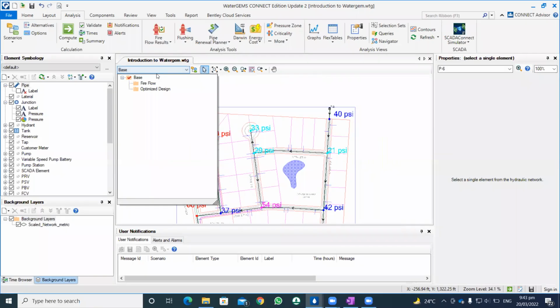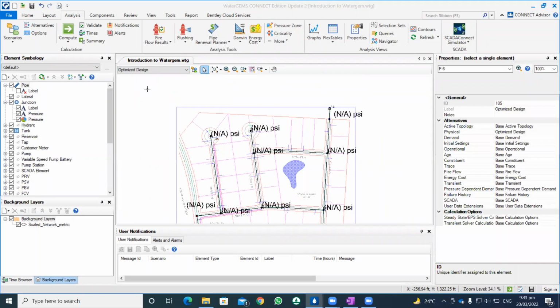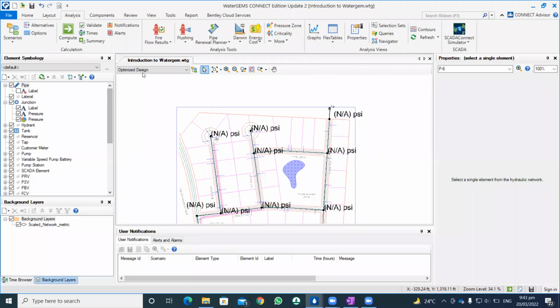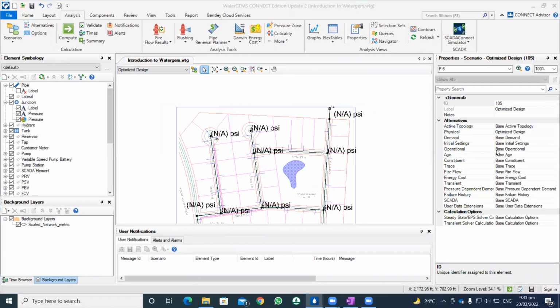So here I exported the optimized design scenario. Here you can check the specific alternatives we have defined. These are the optimized design alternatives which we have created using Darwin Designer. So after exporting that specific scenario having a specific physical alternative,